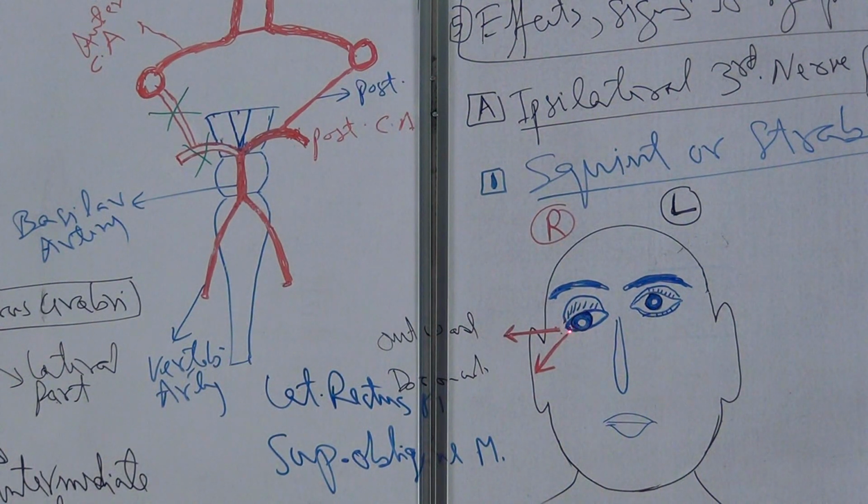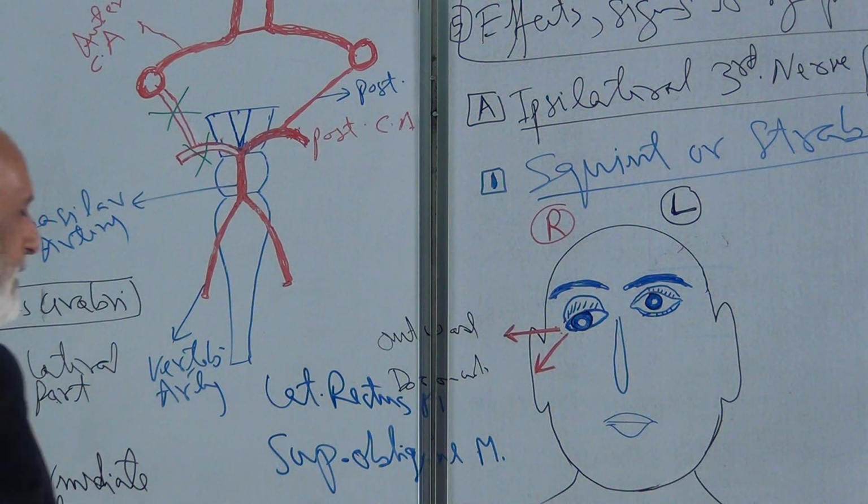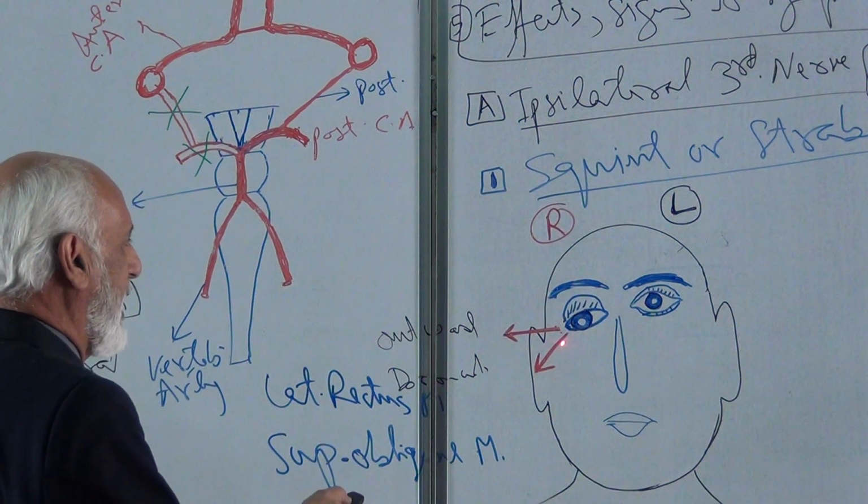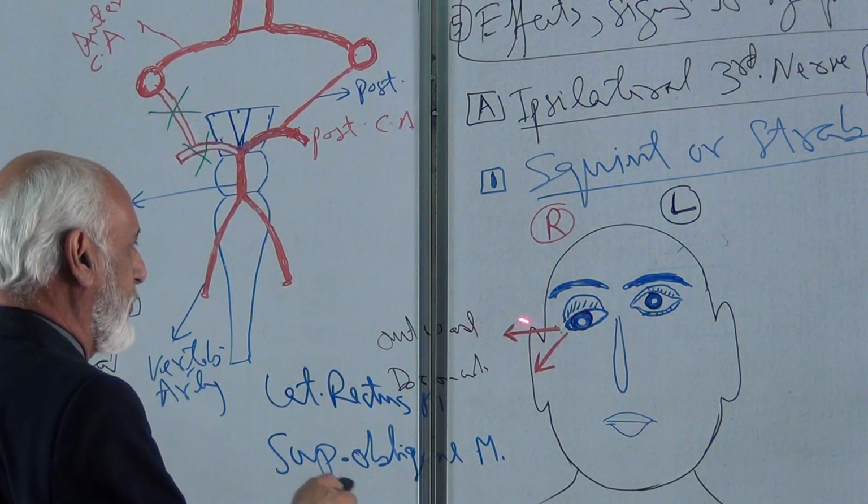The lateral rectus muscle is the abductor of the eyeball. So because the lateral rectus muscle, which is innervated by the abducens nerve, will be unopposed, it will move the eyeball outwards. At the same time, the superior oblique muscle, because it is innervated by the trochlear nerve and its nerve supply is intact, will also move the eyeball laterally and downwards. So therefore, the eyeball will move laterally and downwards.